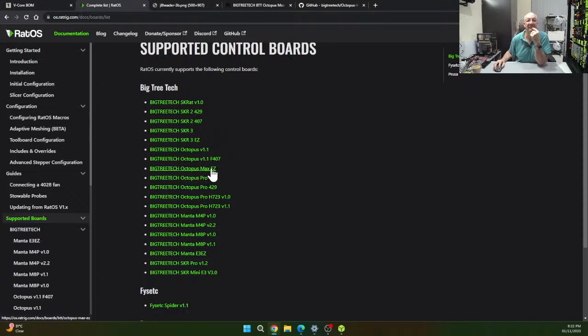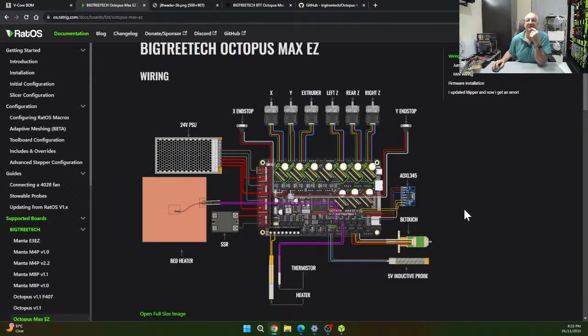You can see my Max EZ board was not there previously, it is now, and if you go inside there, they've got the diagrams as to how the configuration is built in terms of what is being connected to where. So you can see that the left motor, the rear motor, and the right motor are connected to these three. When I did my manual configuration a little while ago, actually connected it with that one, but for this, because the RatOS have done it this way, I've now moved my drivers up to here,